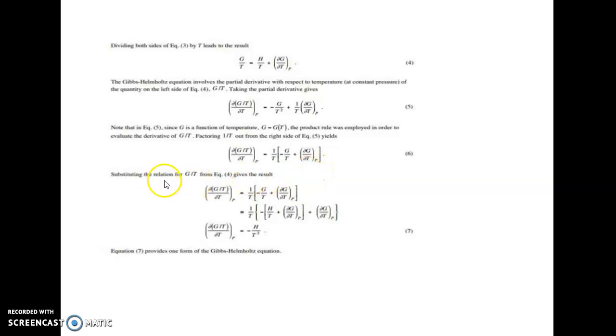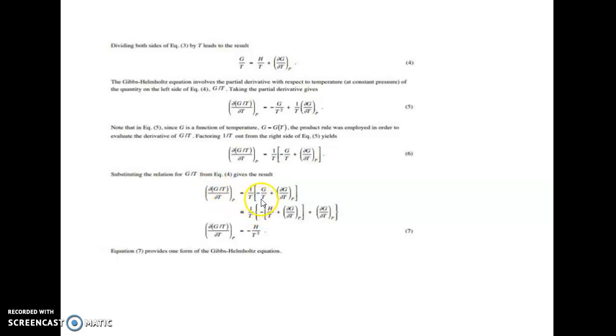So substituting the relation for G by T from equation number 4, here G by T equal to H upon T plus (dG/dT) at P, if you substitute here, your equation will become